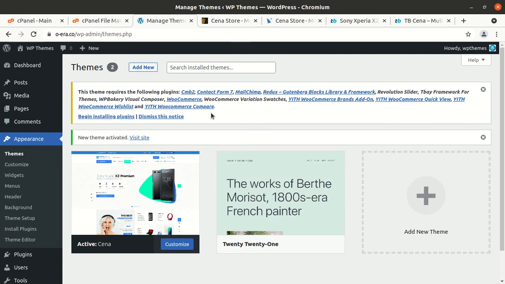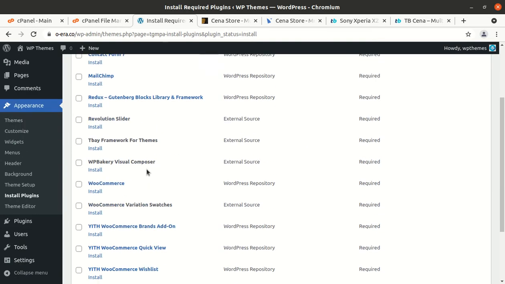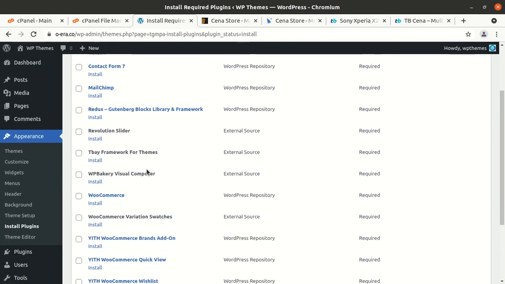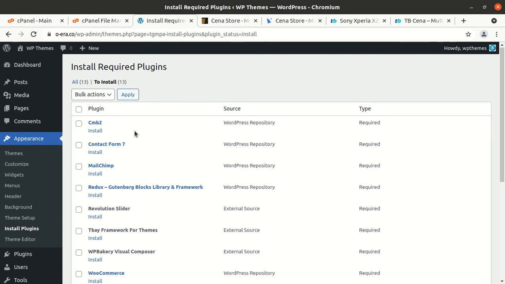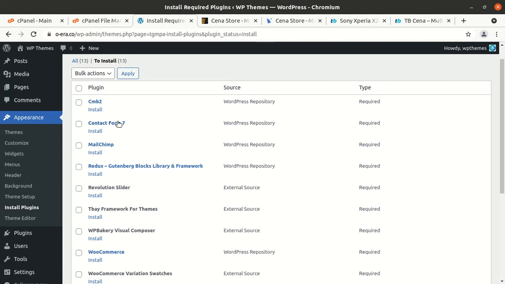Upon activation, we got an alert that we need to install certain plugins for using and running this theme. Let us check the list of plugins, and these are the list of plugins. Mostly are required. No, not only mostly, all are required in fact. So 13 plugins are required for using this theme, and Contact Form 7 is here.